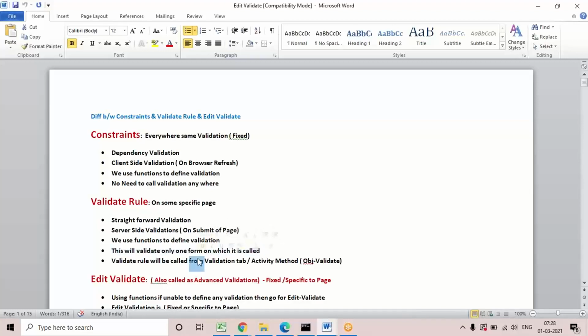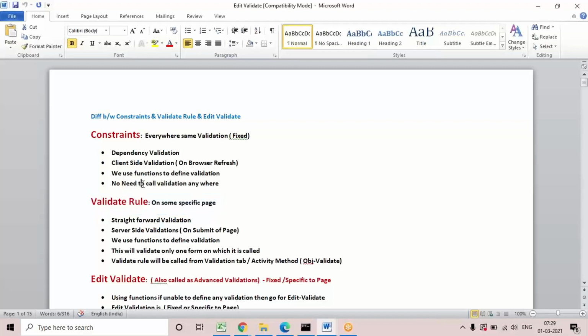We cannot validate more than one page's properties at a time, but in constraints we can validate all the pages' properties in one rule. In your application, if you have any page within that particular case or module, all page properties can be defined in one rule. But with validate rule, only properties used within that specific page, within that particular UI design, can be used.